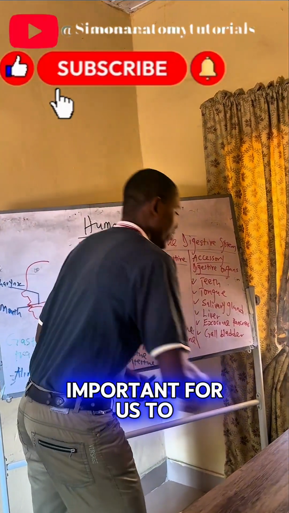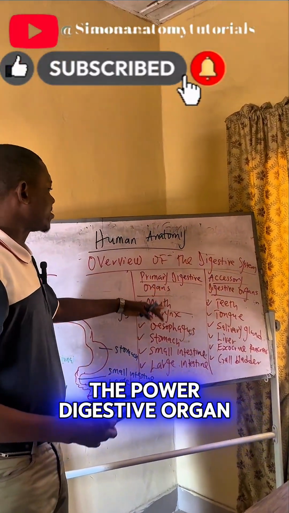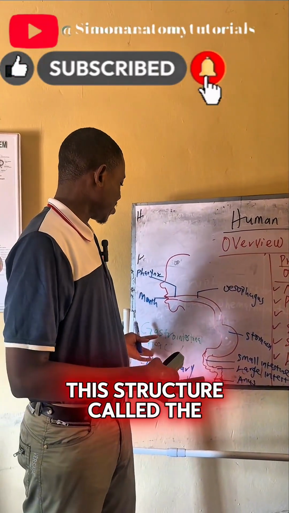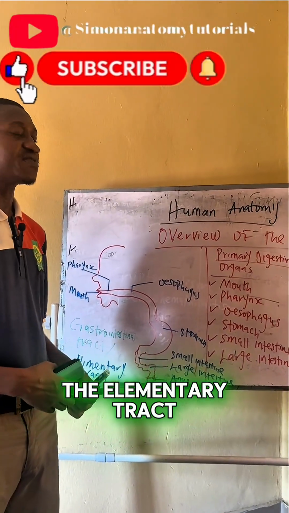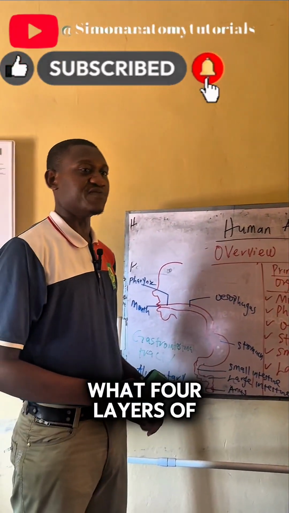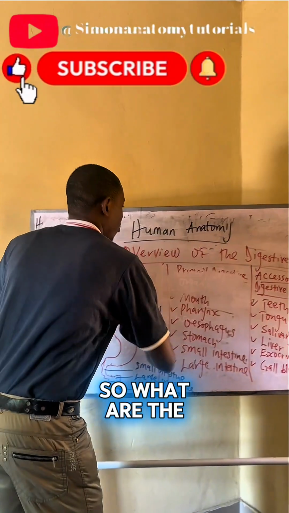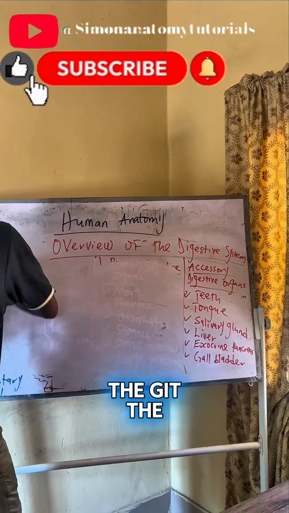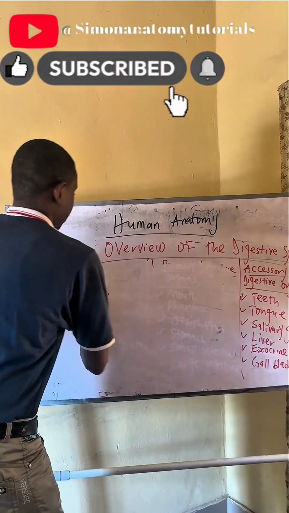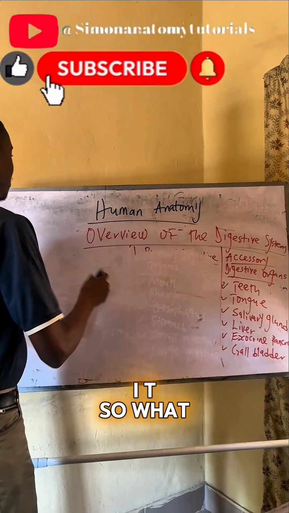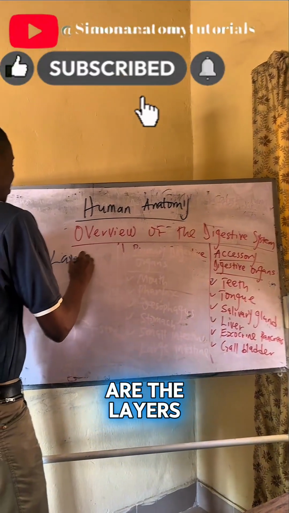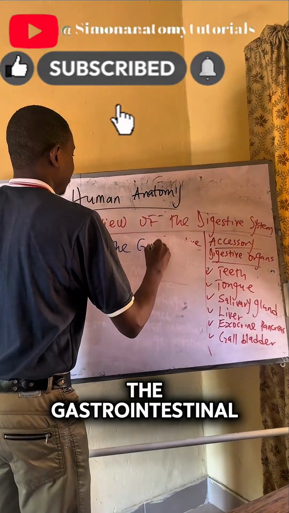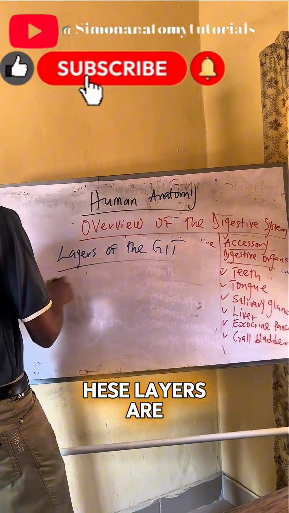It is also very important for us to know that the primary digestive organ has 4 layers. This structure called the gastrointestinal tract, the alimentary tract, each of them has 4 layers of tissues that we want to know. So what are the layers of the gastrointestinal tract, the GIT? These layers are: